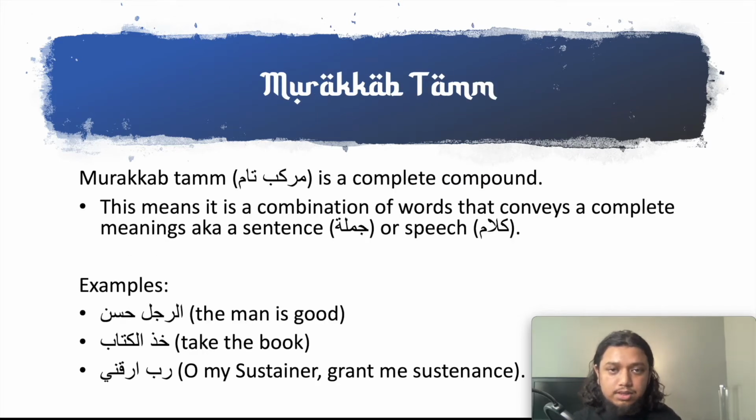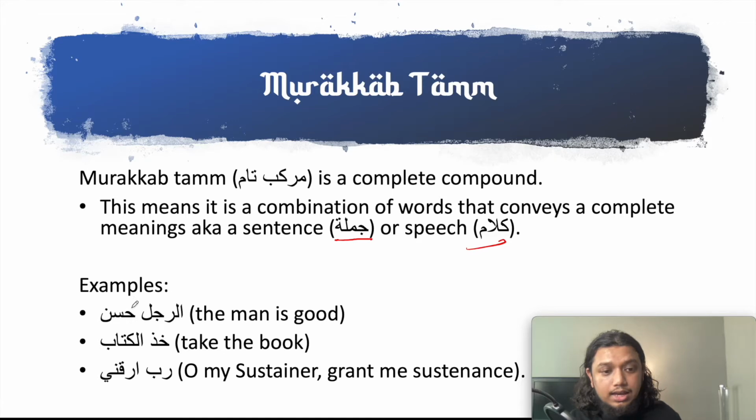So we will begin with murakkab tamm. Murakkab tamm is a complete compound. This means it is a combination of words that conveys a complete meaning. So in other words, it is a sentence or speech. So murakkab tamm simply just means putting 2 words together to form a sentence. And a sentence in Arabic is known as jumla, or it can refer to a speech as well if it's not written down. Like this, what I'm doing now is kalam, because I'm speaking. Examples of this are